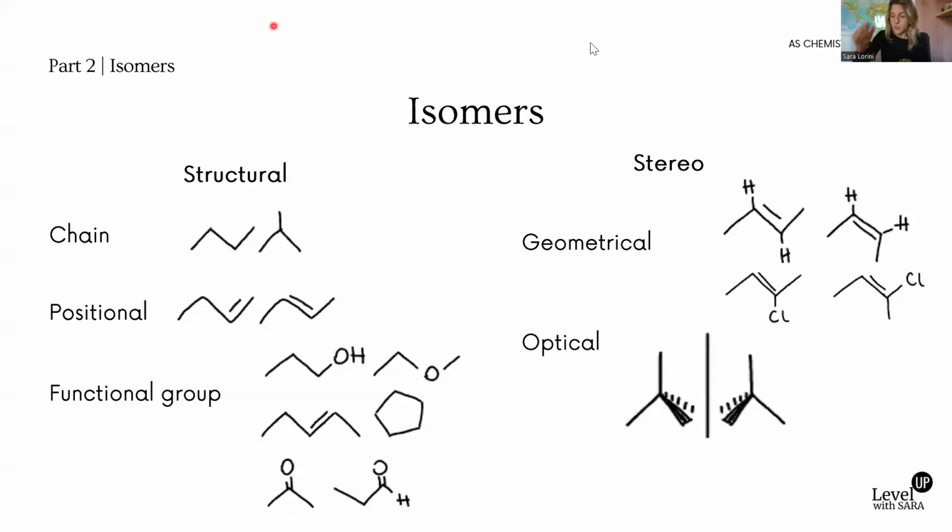If there is one more example that is not written here, but I hope you're thinking about it, I'm gonna write it like this: carboxylic acids and esters. Okay, carboxylic acids and esters are also functional group isomers of one another. Okay, so I hope it's clear. Now, we're going to look at the